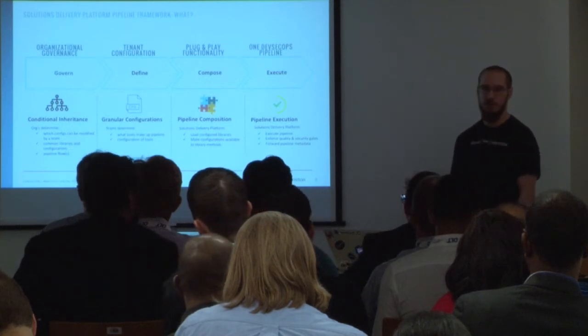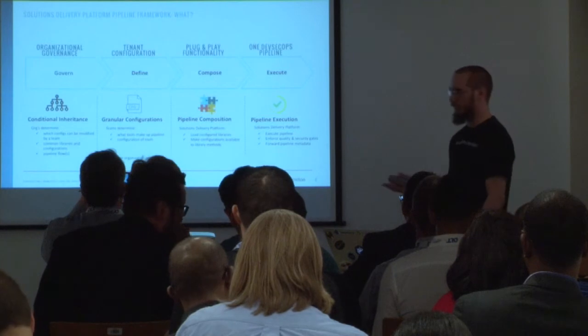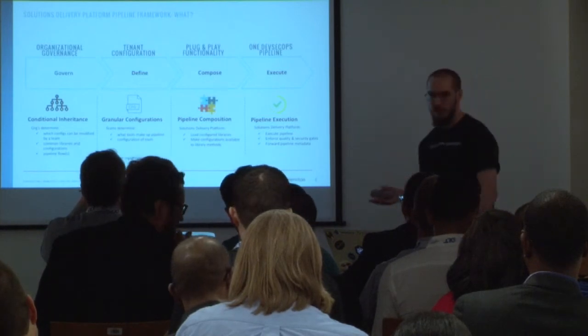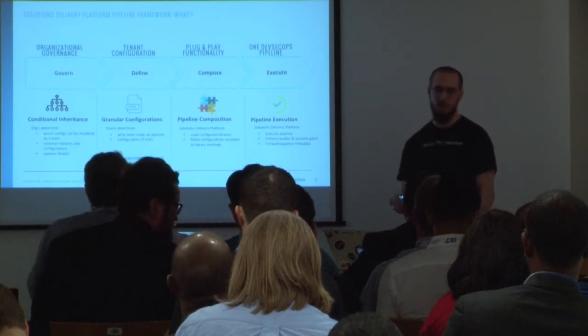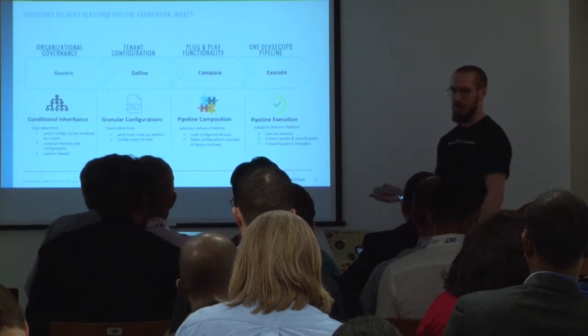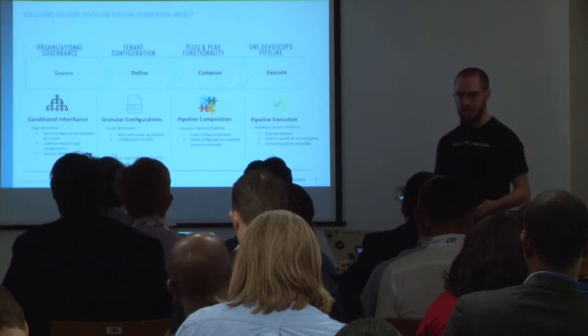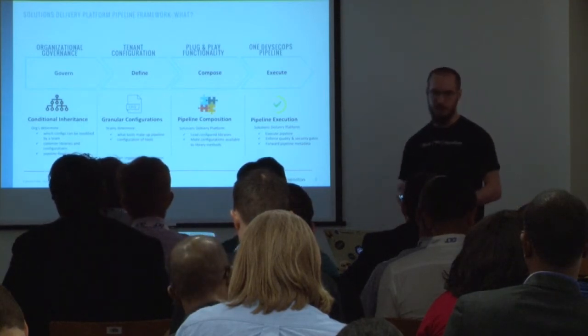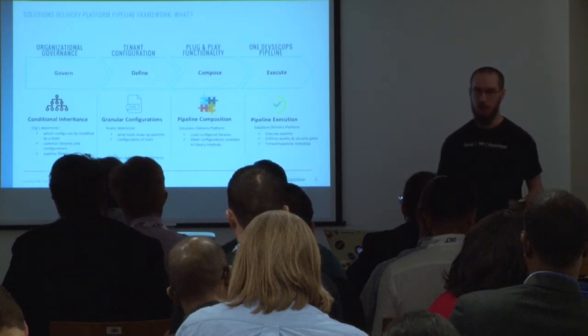What are the tools that are being universally used by every application development team that is a part of my organization? And they can do things like conditional inheritance, where I can say, I'm comfortable with this particular tool being swapped out by different teams. I'm okay if these different toggles around quality get switched on and off. It's really up to the organization to define what does our business process and governance and quality gates look like